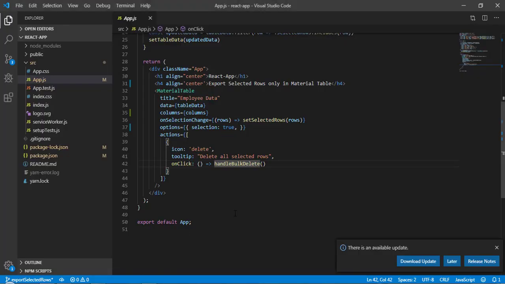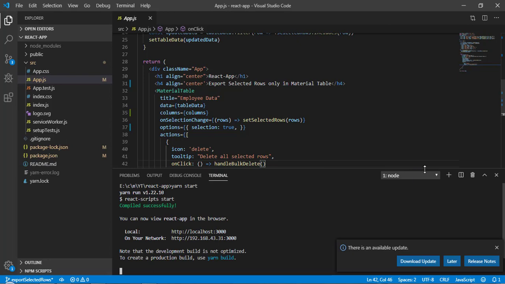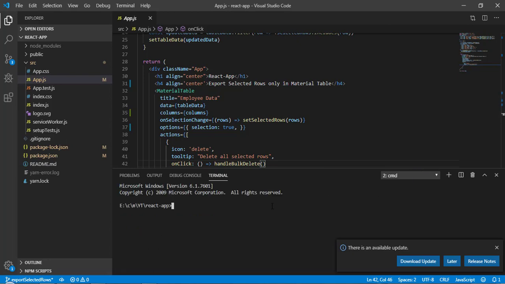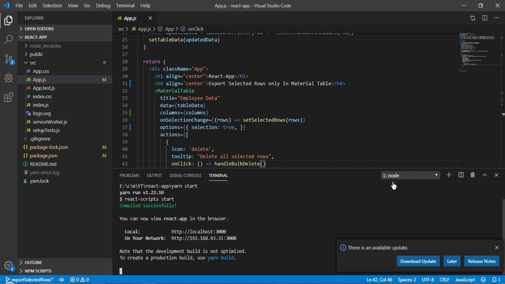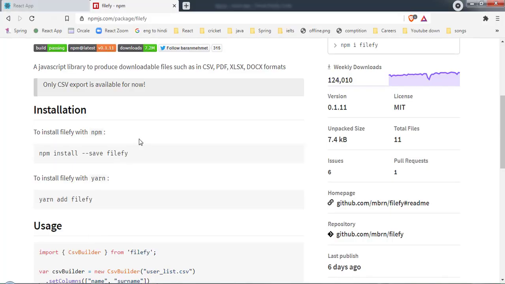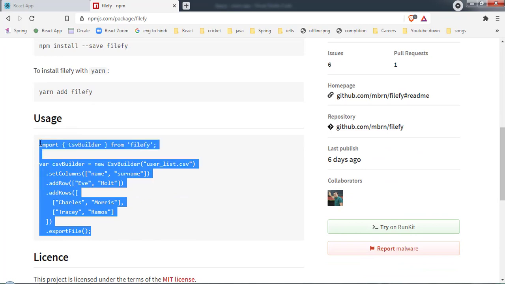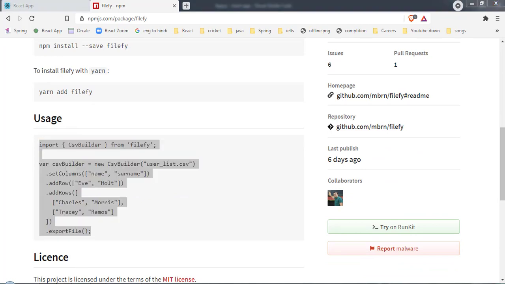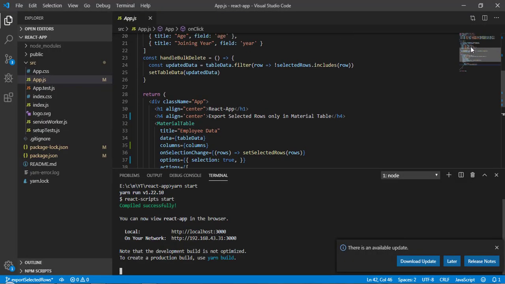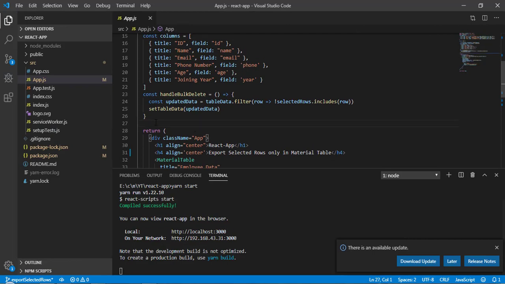So here, let's come to the VS Code, open a new terminal and type here npm install file. It is going to take some time, so let it be. And here let's come back and copy this code from here. Okay, and now we have to write a function to export that.